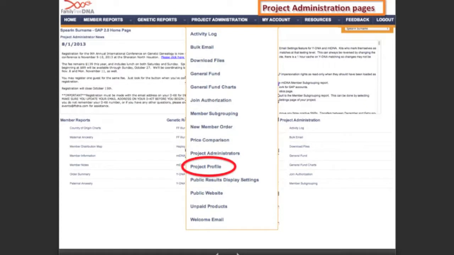Now, when you do set up your project, the best way of familiarizing yourself with all of these pages is to go through each of them and just click on them, see what they do, have a play around. So we're going to look at just those pages that will help you get your project up and running. So the project profile, which is the overview of your project,